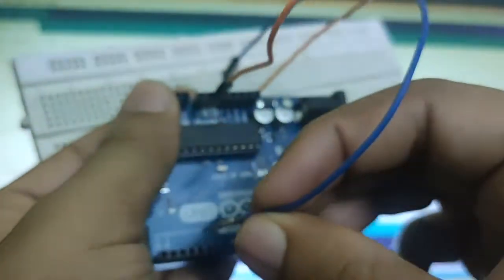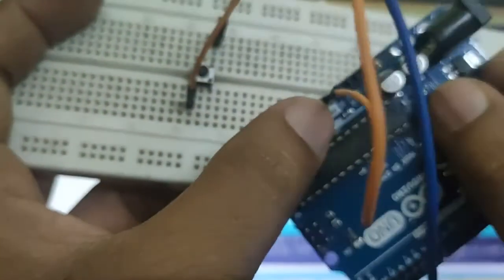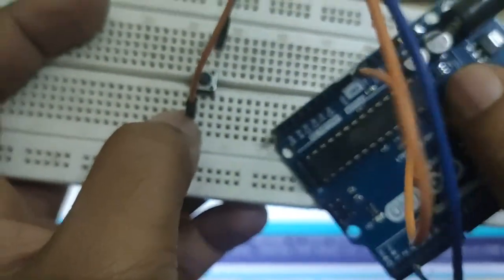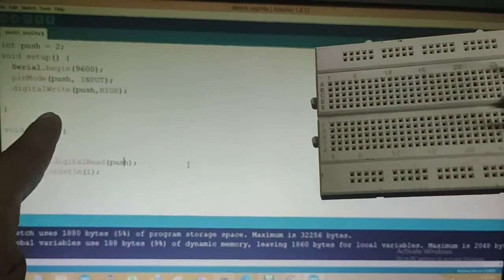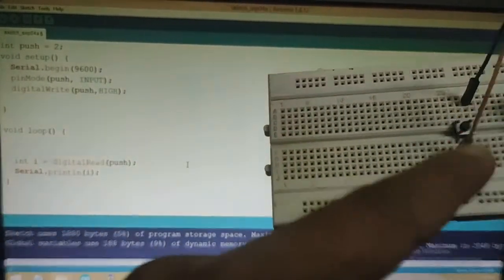This is the Arduino Uno board. Now I am providing the ground here. One wire is connected to ground and the other wire I connected to pin number 2. What is happening here? By default, if you are not pressing any switch, because in the code we wrote the push button status as high by default, it will give value 1.